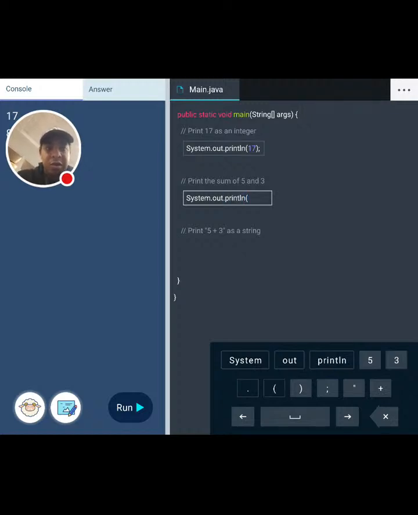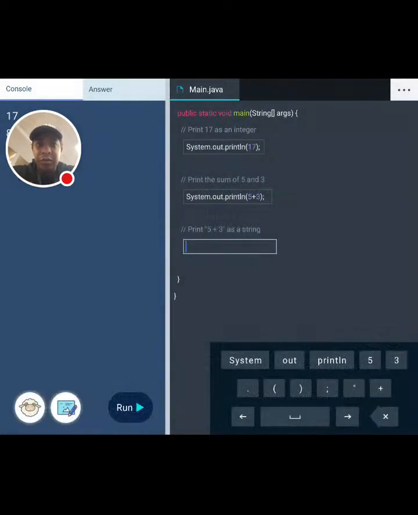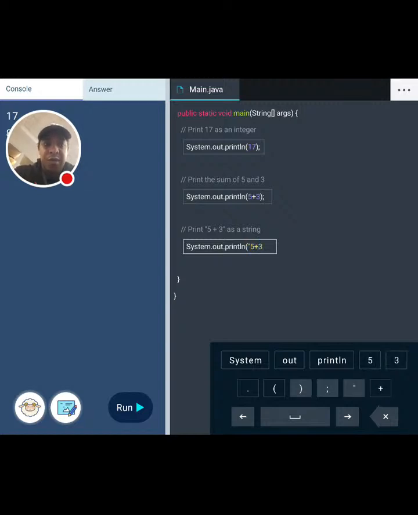Okay. So it's 5 plus 3. Oh, I did too many. There isn't a 1 there. As you see, if you use too many of something, it turns red because it's wrong. It's like, you're not supposed to use that many, it's wrong. So now it wants me to make this a string. If I make this a string, this is exactly what it's going to print out. It's going to print out a string. It's not going to print out anything else. So it runs.